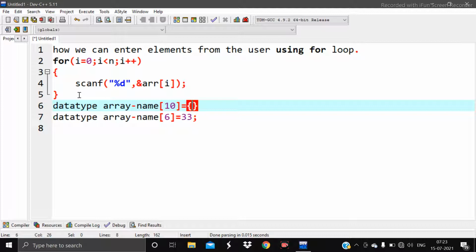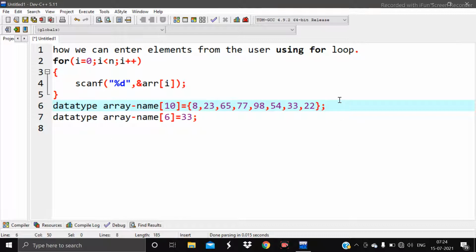Then write the elements, for example the first element is 8 in the 0th index, then for entering the value in the first index, second index, third index, and so on, you have to just put a comma. Okay, so comma 23, 65, 77, 98, 54, 33, 22, and so on. And at last you have to use a semicolon to end this declaration.